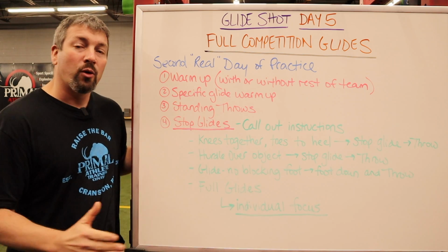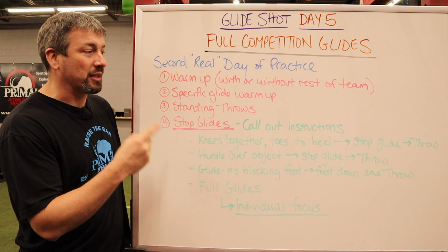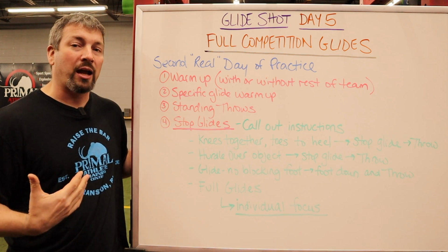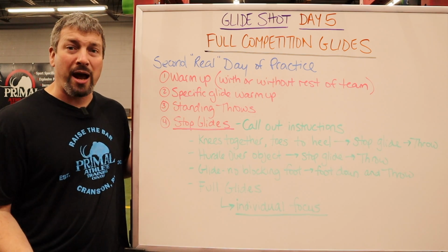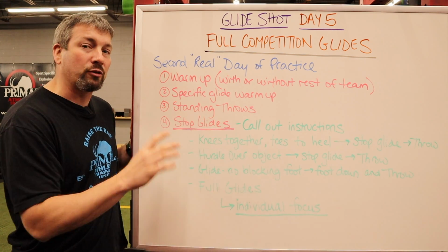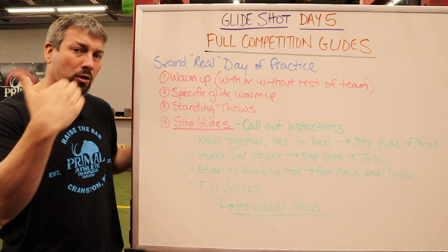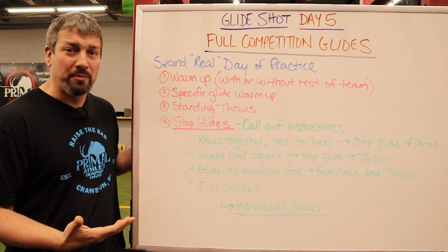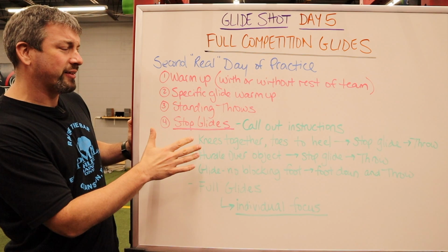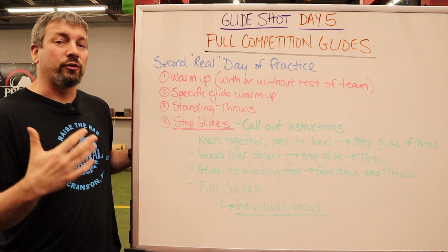And then from there, we're going to start working with one of my favorite drills, which is a stop glide. Essentially, this is where they're going to glide out of the back of the circle, and they are going to stop in the power position. You're going to be calling out instructions and cues to the entire team. They're all going to glide at the same time, and then you're going to have them stop in the power position. What this does is it allows them to check their position, and it allows you to check their position,